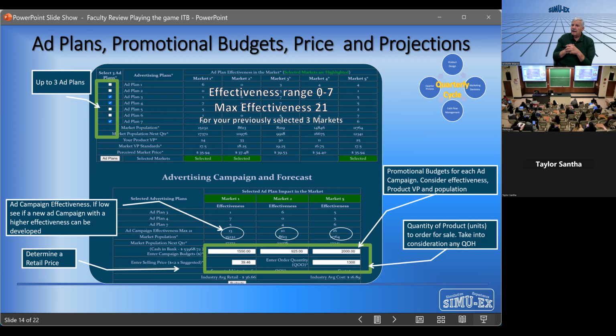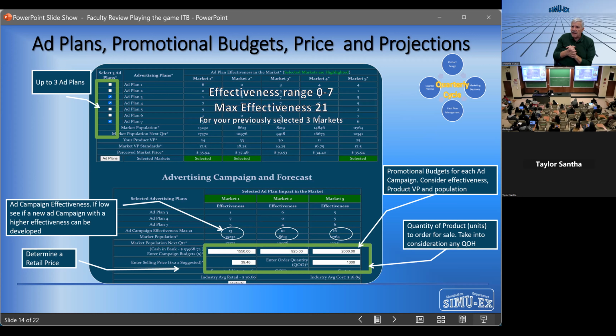So again, I'm interested in selling sports cars. I'm more than likely going to advertise in some type of automobile magazine. Which type of automobile? Should I advertise in ones that are for commercial use, like trucks, or in ones that are more for recreational use? Probably the recreational magazine will have a higher effectiveness.